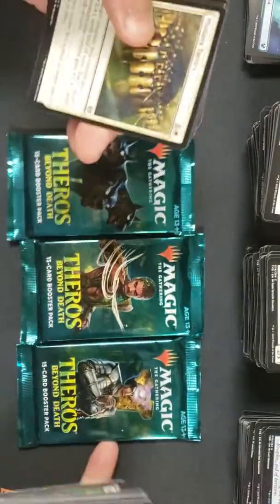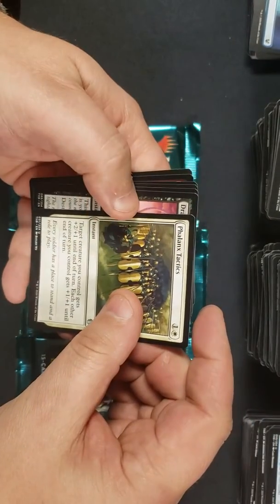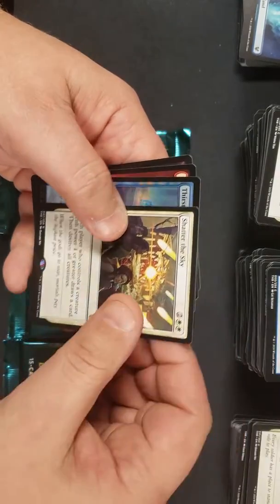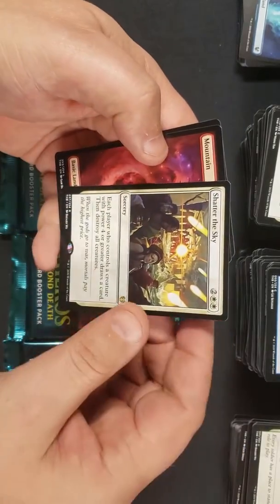So here we go. We're down to the final 3. This is the 4th pack here. So let's see what we get. So we got a Tactics, an Underworld, Mysteries, and Shatter the Sky. Oh, and a foil Thirst for Meaning common. So Shatter the Sky,